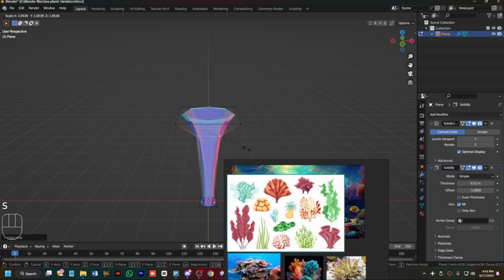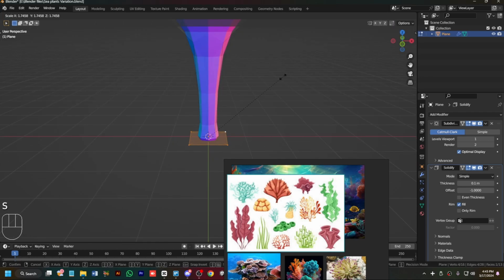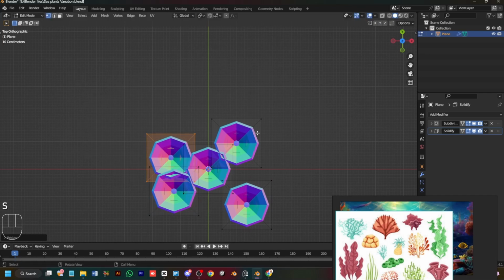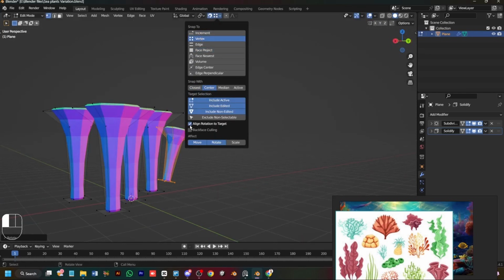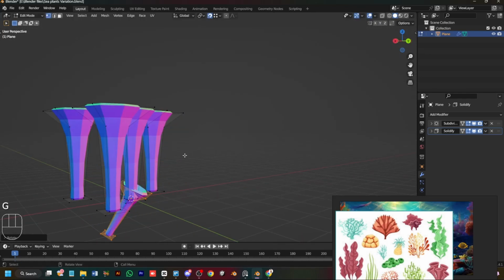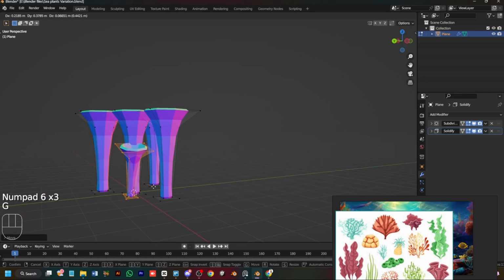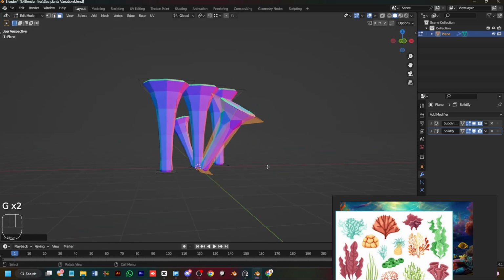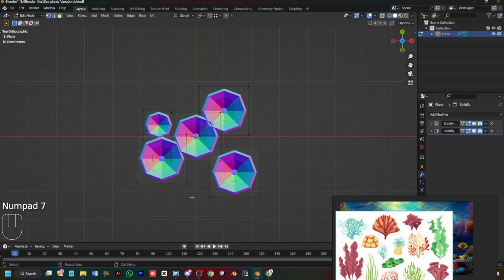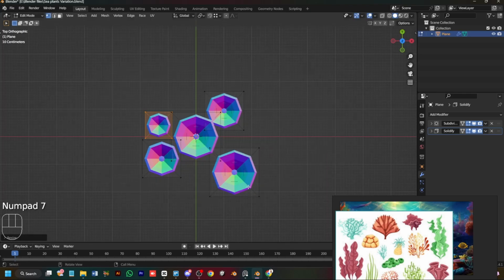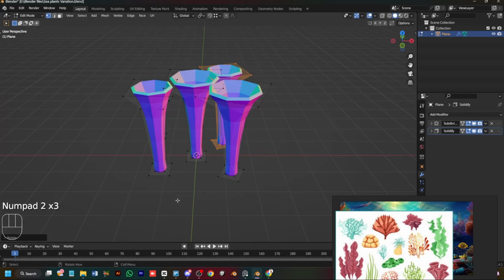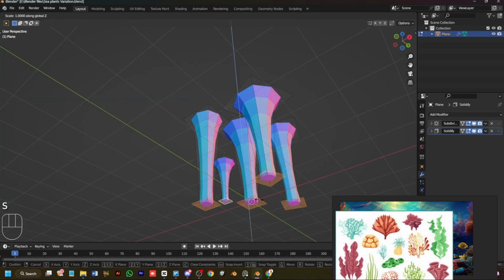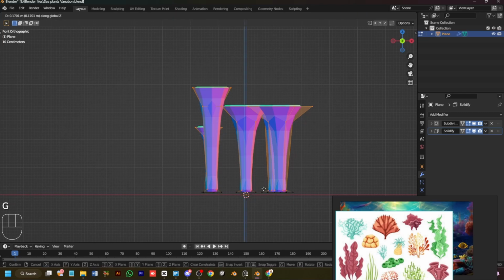So I'm gonna make another one with a plane, adding the subdivision surface, and we're gonna make this head, including the outwards, and make it shaped like a trumpet from the top. Then we're gonna duplicate the element and place it like this. Then select all and select the bottom part of every trumpet plant,